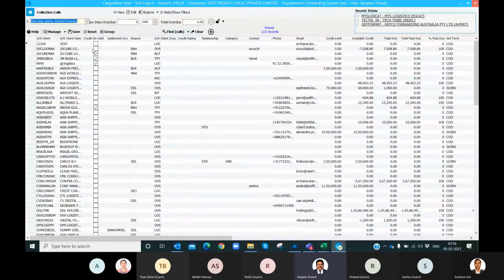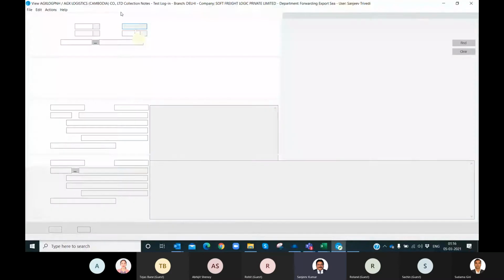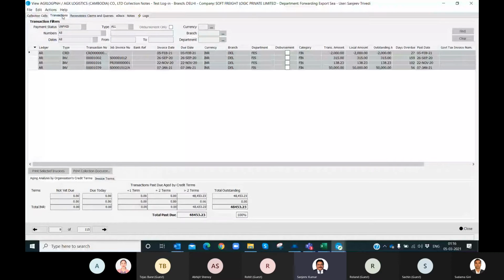And suppose I have selected this client, I click on view transactions. See, these are the transactions, 3 invoices and 1 credit note. If there is any claims and query, one can find here.